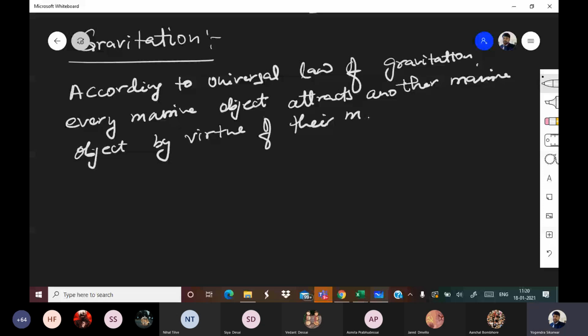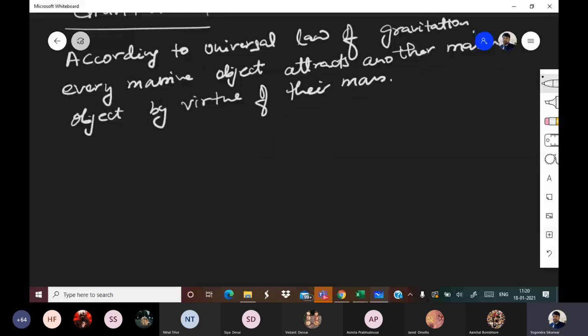their mass. Basically, what this law says is that in the universe in which we are living, every object which has mass can attract another object which has mass, due to their masses. So mass is the key responsible factor for this force. What is the deciding factor for this force? Mass. All right. So suppose there are two particles, one is m1